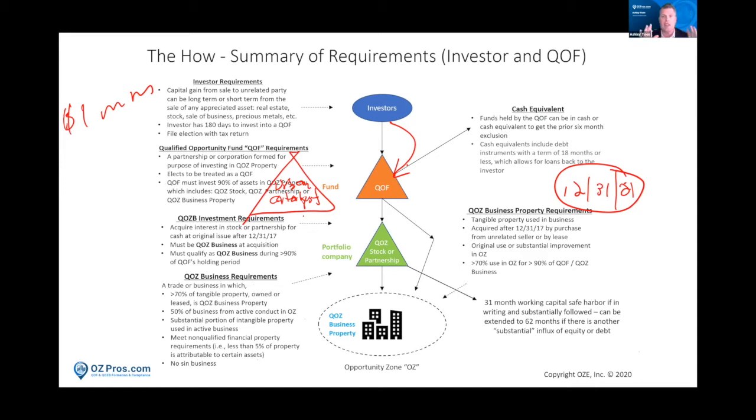And I'm not saying that they do that or not. I'm not exactly sure whether they can accommodate directly into a QOZB or not, but I'm inclined to believe that they can't. So what you can do is you could put your money into the QOF, and then when you decide that you ultimately want to make your investment into this other QOF, you distribute that money back out to yourself. What that's going to do is that's going to trigger an inclusion event.